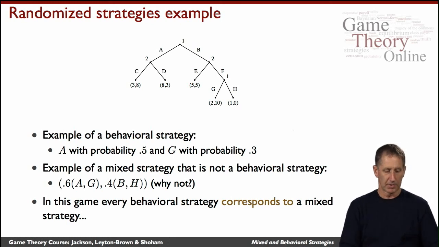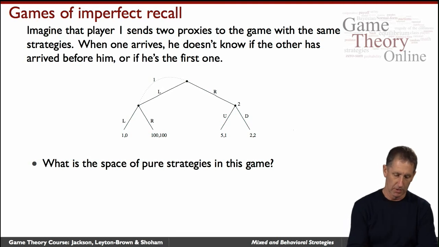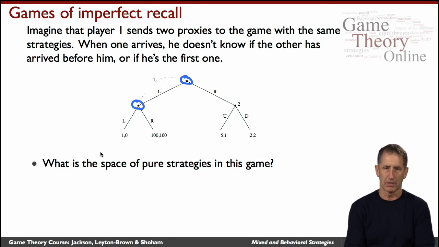To see an example of a game without perfect recall, consider the following game. Player 1 has here two nodes, this node and this node, and he cannot tell them apart. You can think of it as basically sending two agents on your behalf to play, and neither agent knows which of the two places it landed in, in particular what the other agent did. Regardless of your interpretation,